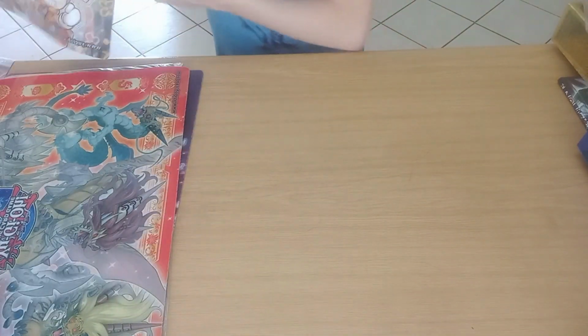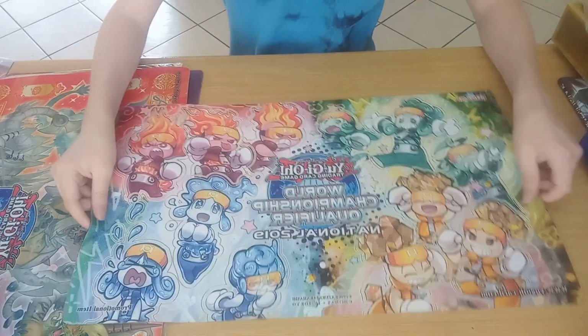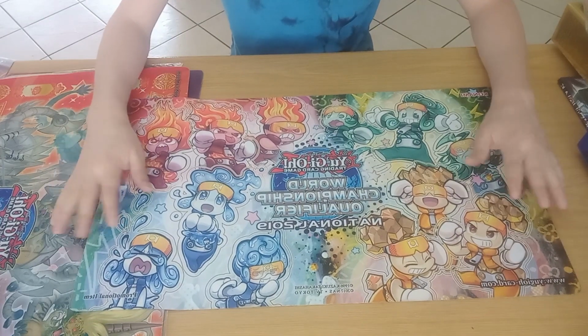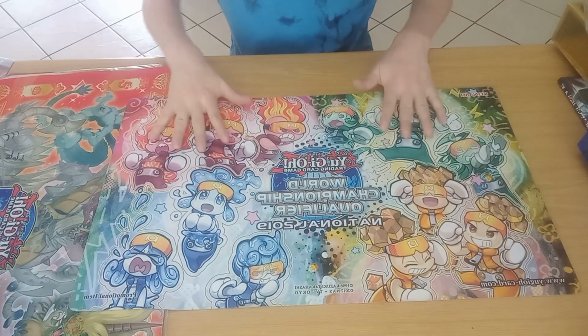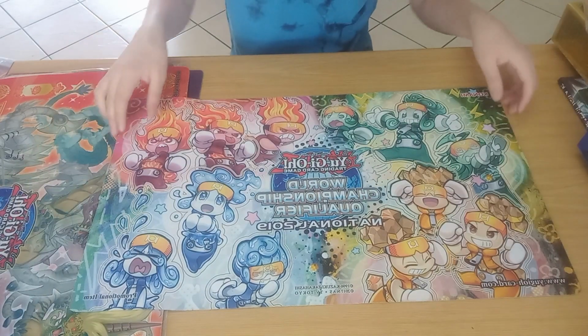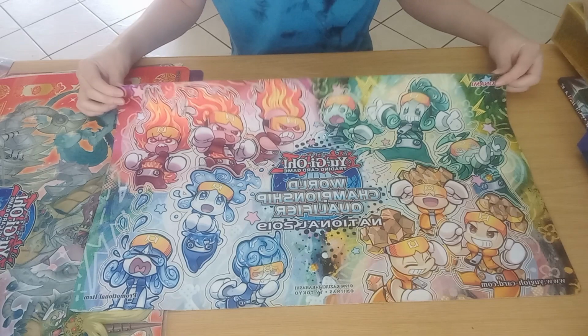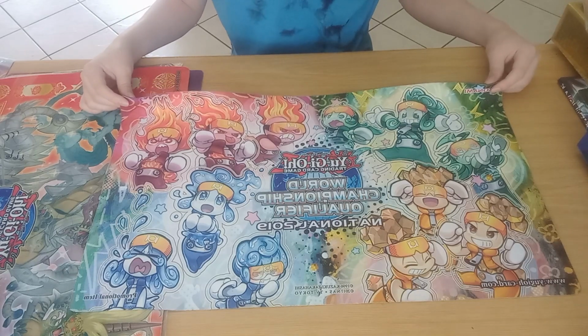Then obviously the 2019 nationals that happened in Cape Town. This was when I still lived in Cape Town. This was the mat I got, the Prank Kids mat, as you saw the little mat from before. Really, really cool. I tried building the deck at one point, but I never ended up finishing it,